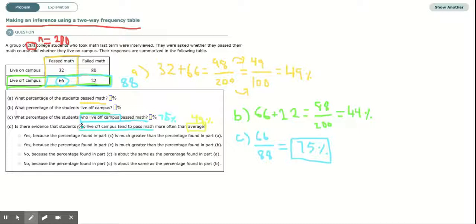So since 75% is a lot greater than 49%, there is evidence, and it's because what we found in part C is much greater than the percentage we found in part A, because A tells us what the average is for passing math. We are not concerned with living off campus, we're concerned with the average for passing math. There is no average for living off campus. Our answer would be